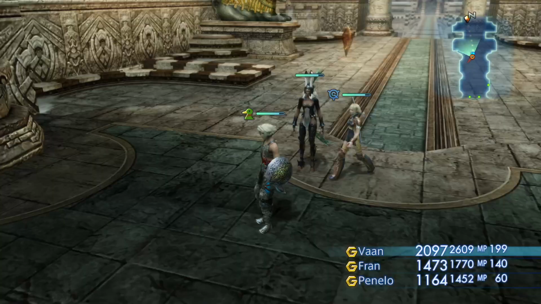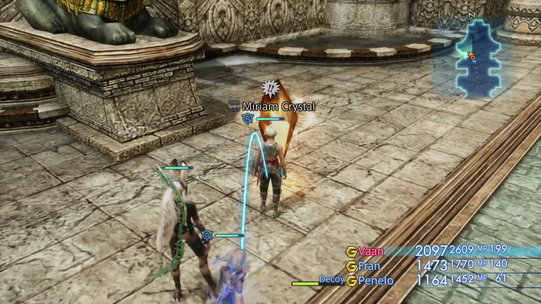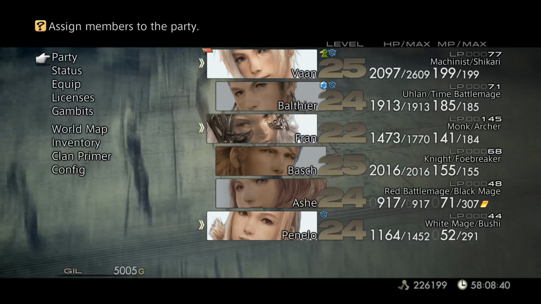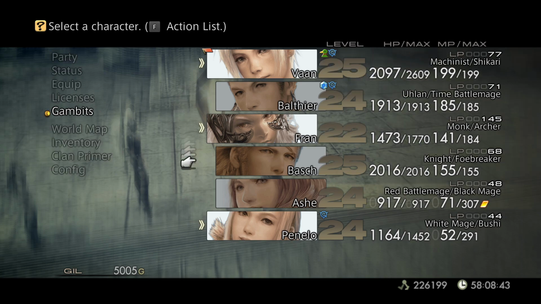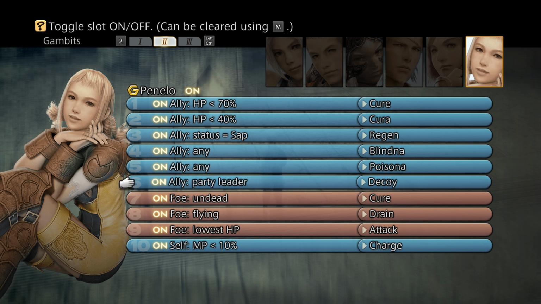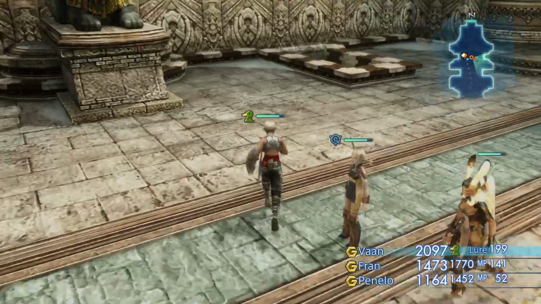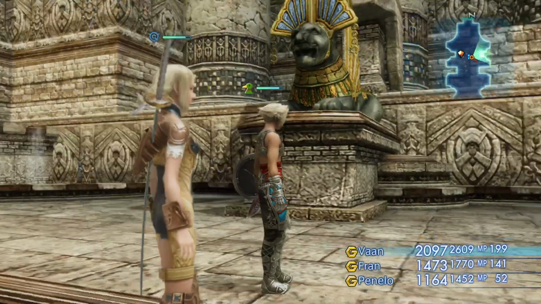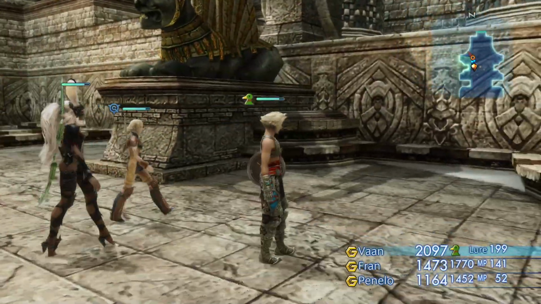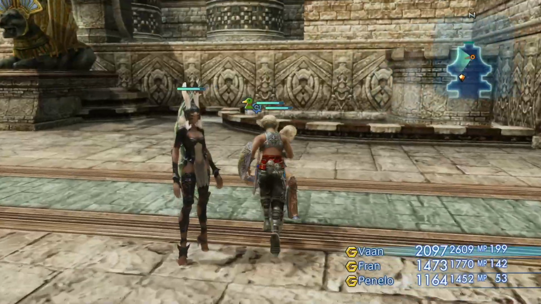Alright, so we've got another teleport crystal here. Penelo, that's just getting annoying. Sorry. Alright. Oh, I've got like ancient Egyptian style statues and things like that going on. Anyway, so